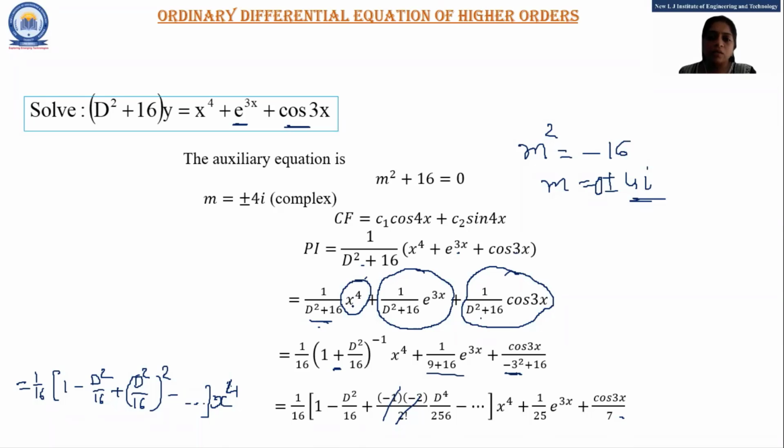And as per the case 3, you have to put your denominator in the form of 1 plus 5d. So 1 plus, here I am taking 16 common, so 1 plus d square by 16. And if I put 1 plus d square by 16 in the numerator, then with the help of the binomial expansion, we'll do the next step. Okay, now got it? Thank you.